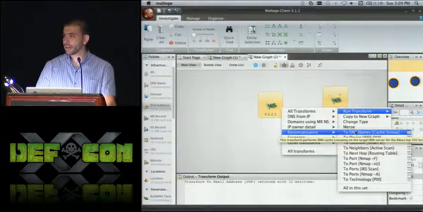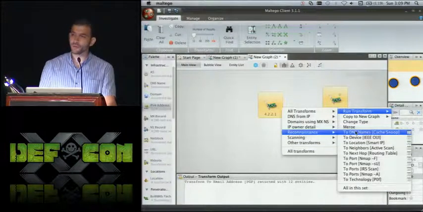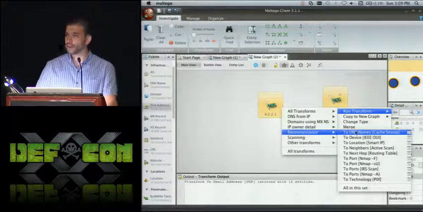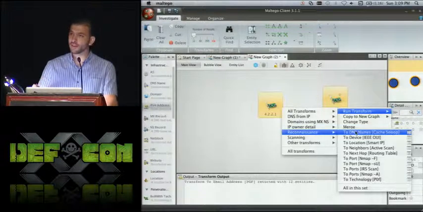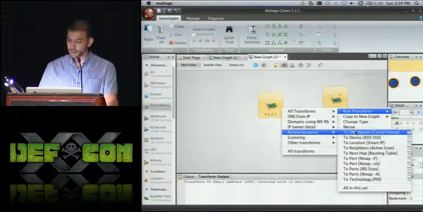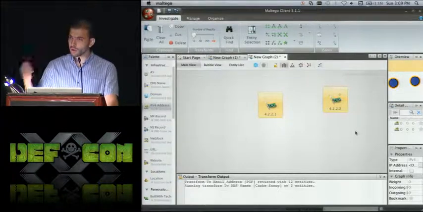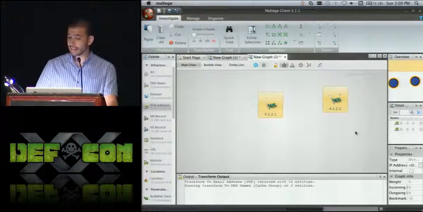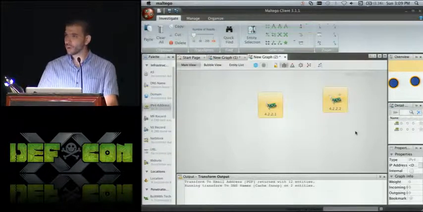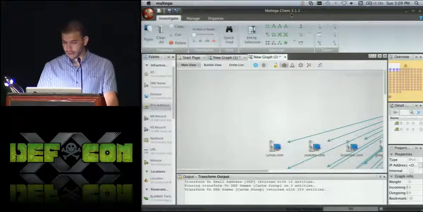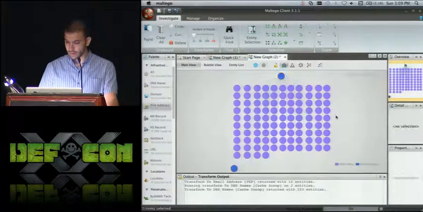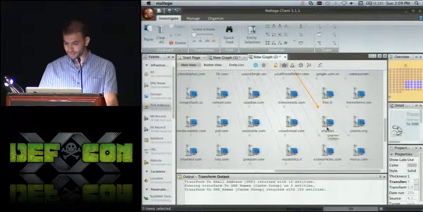If anybody's not familiar with DNS cache snooping, when you do a DNS request, it's recursive in nature. And you have the ability to turn off that recursive nature in DNS and essentially figure out what's cached on those DNS servers. So let's do that. Now what this is going to be doing is going to the DNS server, hitting it with DNS requests with the non-recursive bit. And it's going to use the Alexa top 500 list. This is customizable. You can use any list you want. For this case, I'm going to use Alexa top 500. So here we go. We got some results back from one server. We're still waiting for the next.